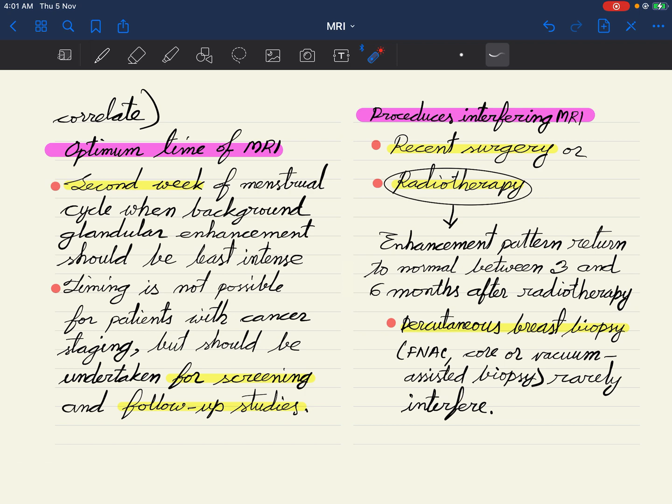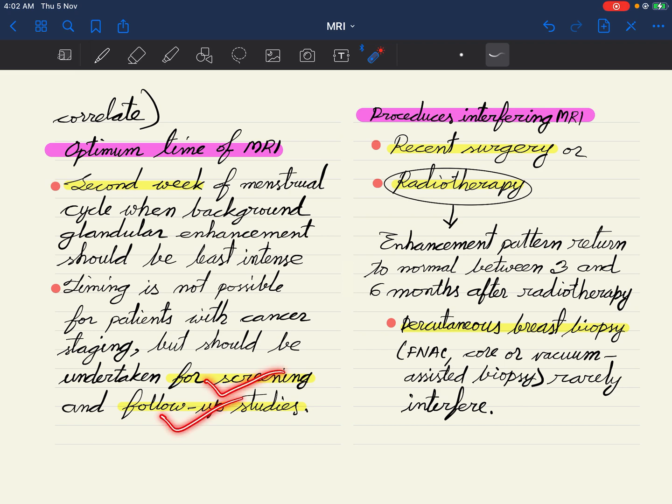So what is the optimum time for lesion characterization by breast MRI? It is the second week of menstrual cycle, because in this period background glandular enhancement is least. So we can differentiate malignant lesions more conveniently in the second week, and this timing cannot be done in case of cancer staging patients, but